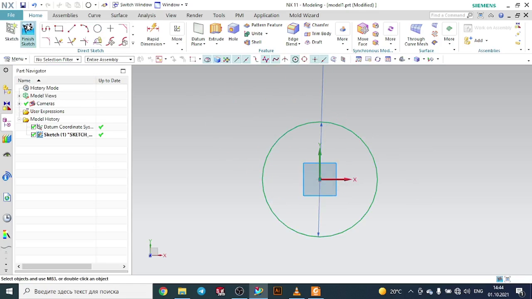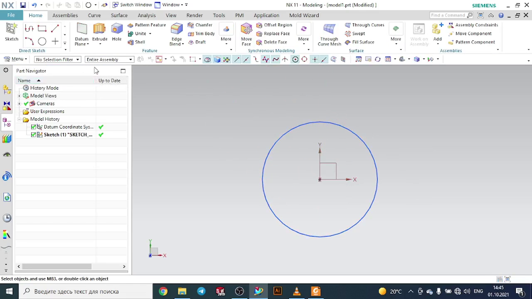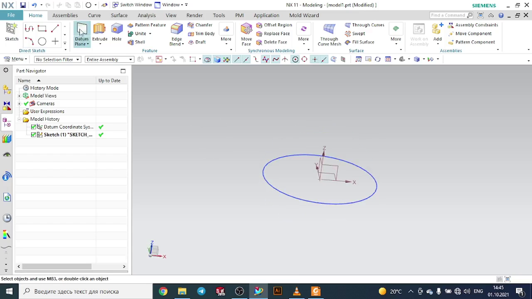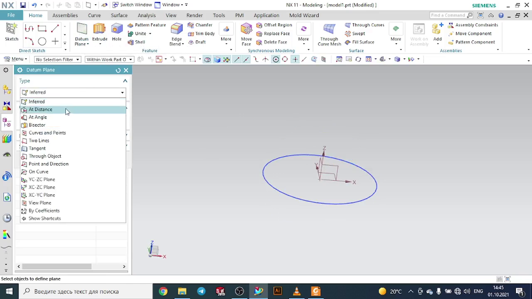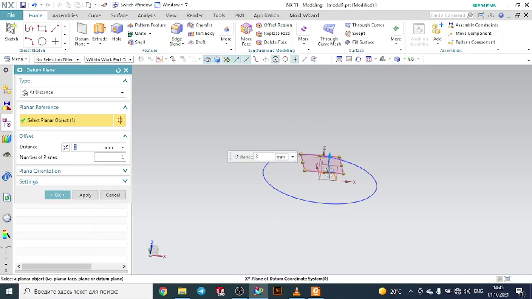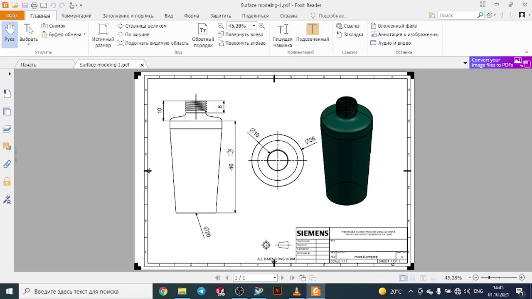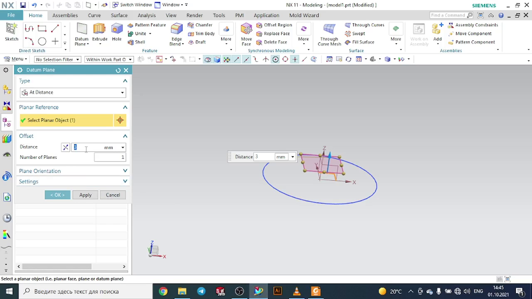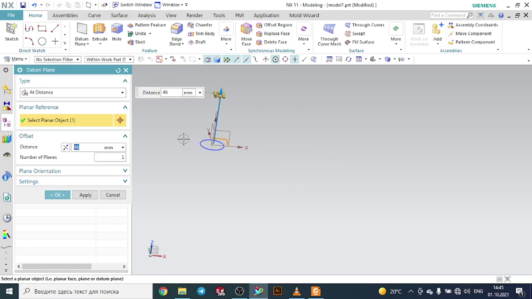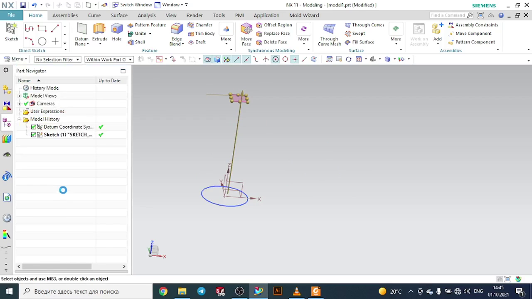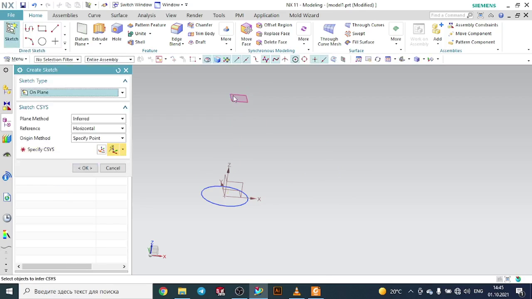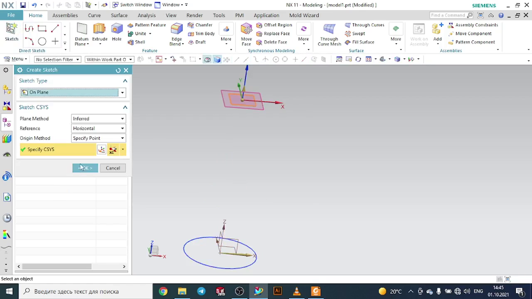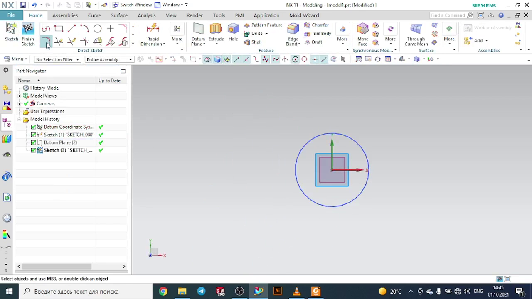So we finish the sketch and create a new datum plane at a distance, using the method of distance, and the distance here is 46. Type here 46, press OK and draw here a circle with the diameter of 26